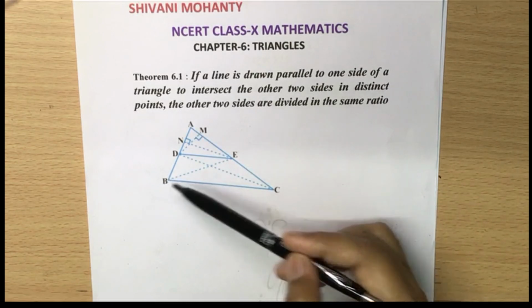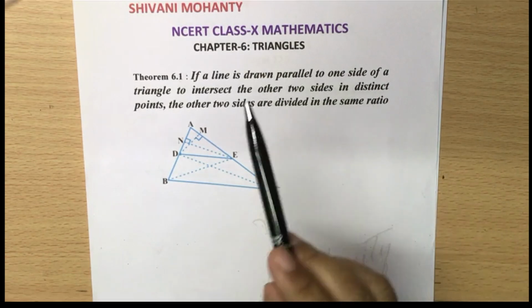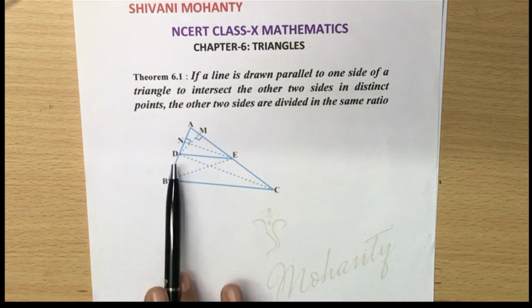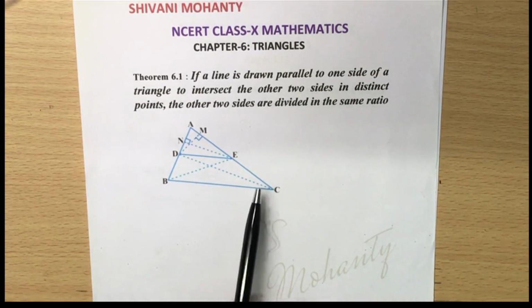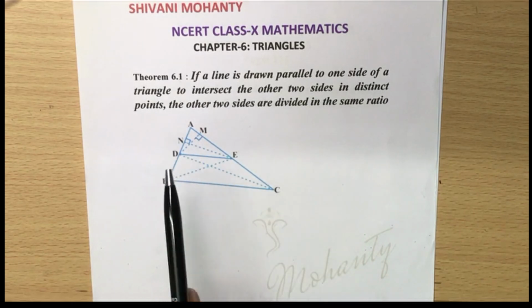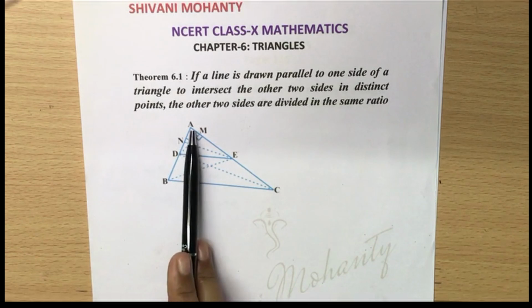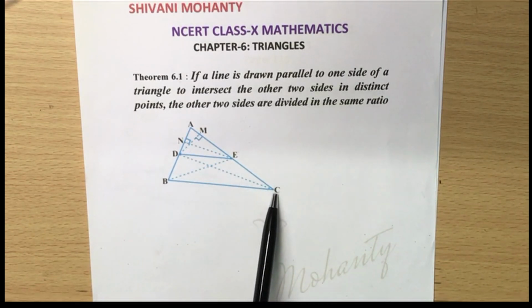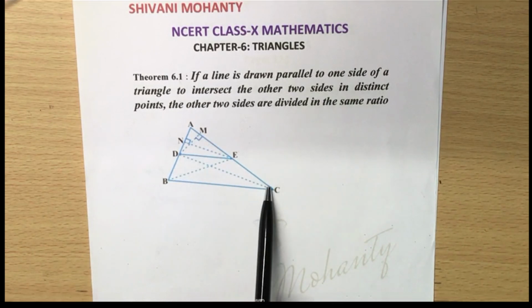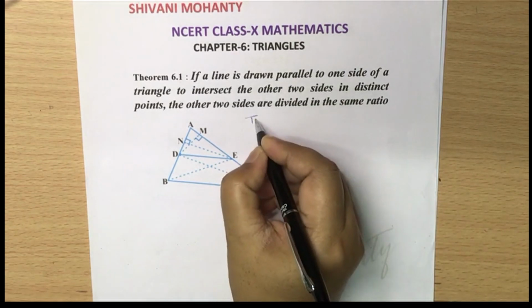So ABC is a triangle. Then it is written, a line is drawn parallel to one side of the triangle. So DE is the line which is parallel to BC. And this line DE intersects the other two sides AB and AC at distinct points D and E, so that the other two sides are divided in the same ratio. It means we have to prove